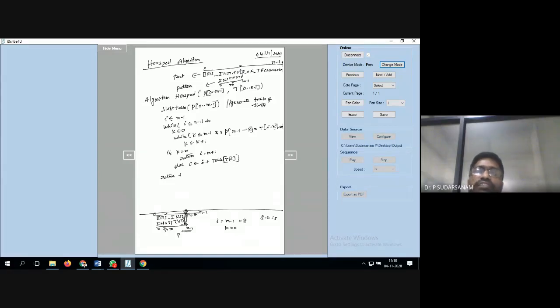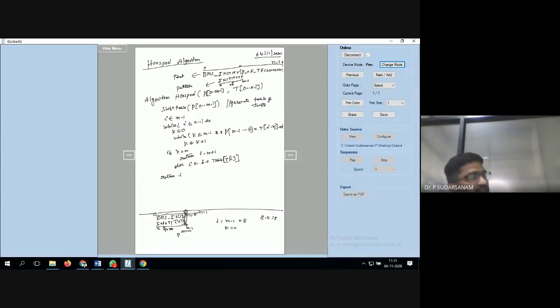Initially k is 0, so that is how much length is there. That location I will take, T of I, where the I value is already m minus 1, whatever the text length is. There also we write T of I minus k. So the last location of the text will be taken. It will check that if both are true, k is equal to k plus 1. If k is equal to m, return I minus m plus 1. Else I moves to the shift table.